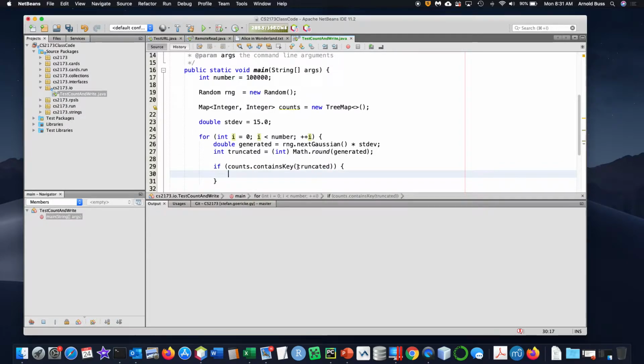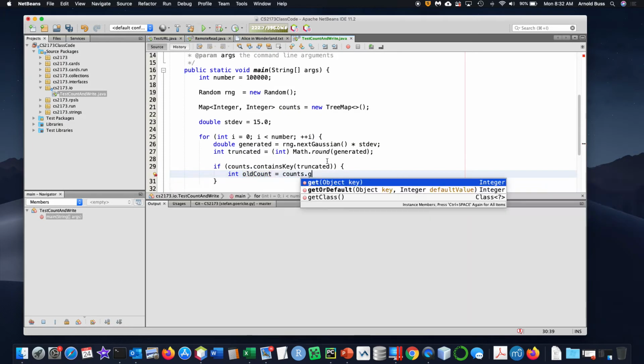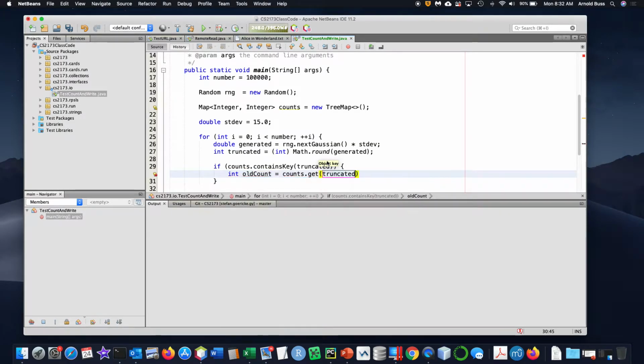If this is true, if the count contains this key, and if it does, and again, you can do this in fewer lines, but remember, just to make it clear what's happening here, okay, first I get it, and then